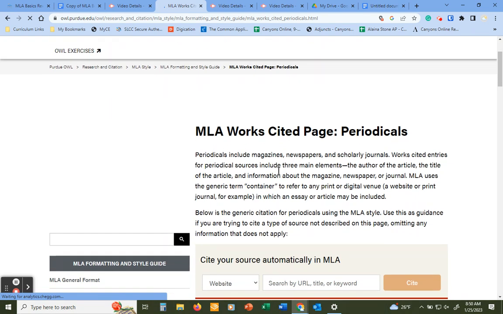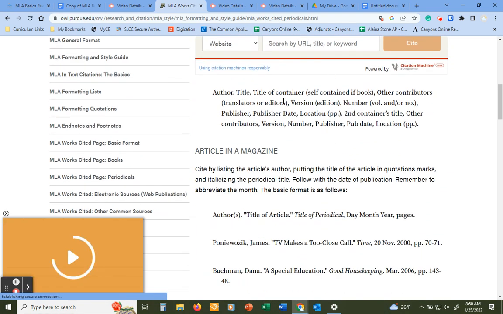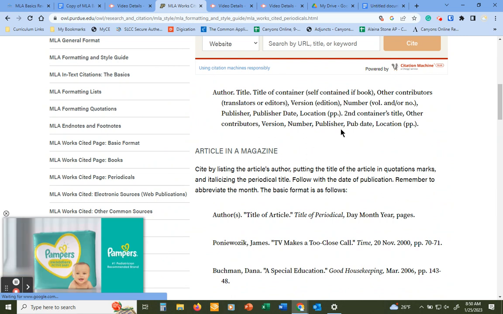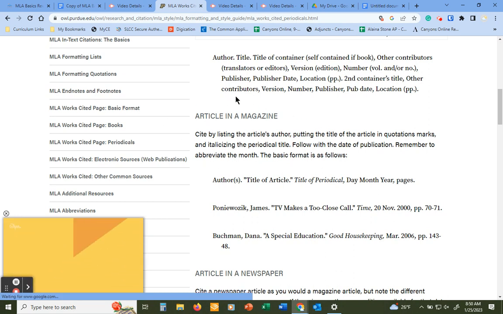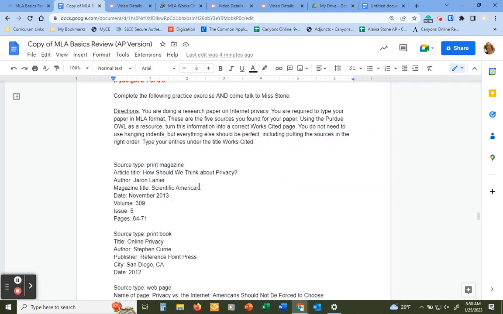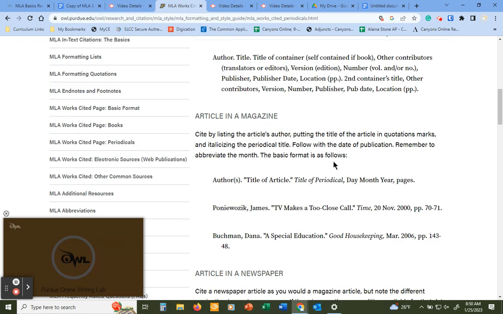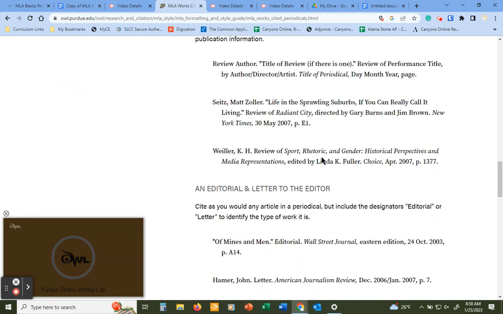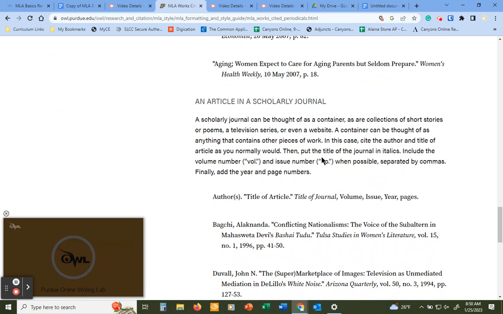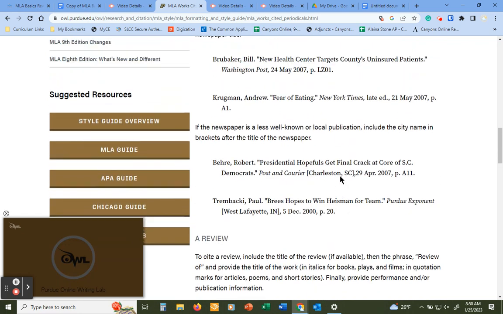And as I scroll down, they've given me like a general format, but I don't find that particularly helpful. I am going to scroll until I find the type of periodical that I'm looking at for a more specific example. So if I come back here, Scientific American is a pretty basic magazine, but I'm just going to see if there's something that works better. It's not a newspaper. It's not a review or an editorial. It's not a scholarly journal. It's just a regular magazine. So I'm going to come back up to